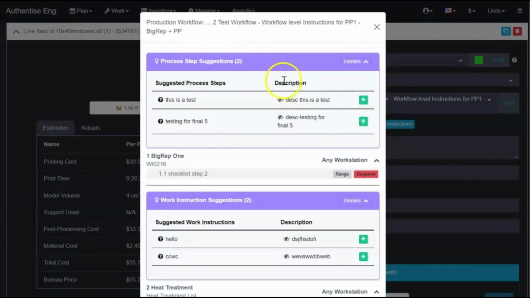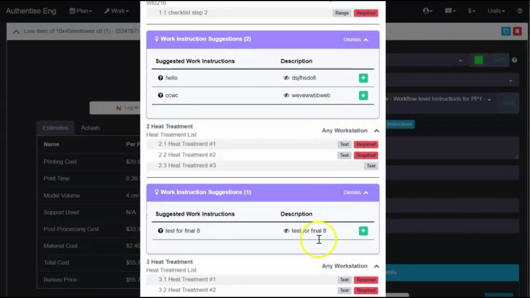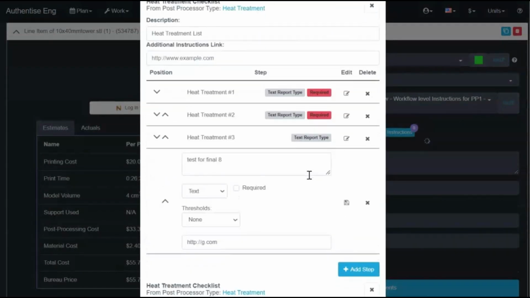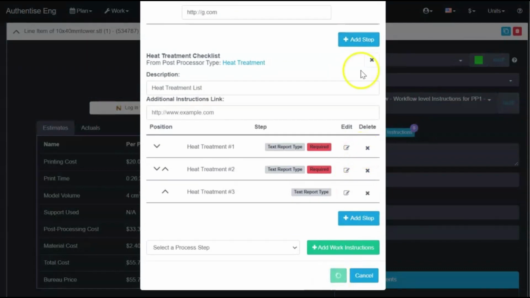We have also introduced a new flexible tool to suggest to users changes to make in workflow or work instructions based on special cases. Suggestions are not enforced but listed as